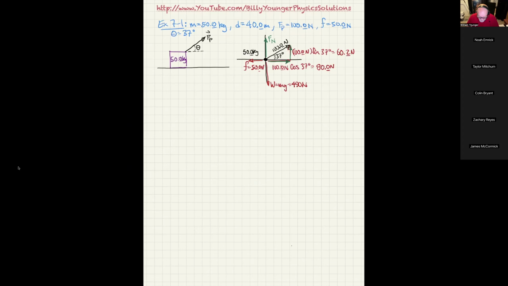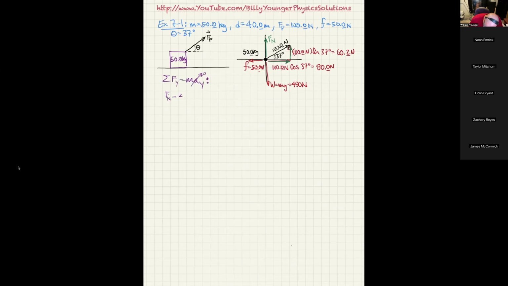For instance, right now we don't know what the normal force is, and that is a force acting on it, and we're supposed to calculate what the work done by each of the forces acting on it is. So I have to take the summation of the forces in the y direction equals mass times acceleration in the y direction. And I've explained several times why we're going to treat that acceleration in the y direction to be zero. So in this case, what we're going to get is the normal force